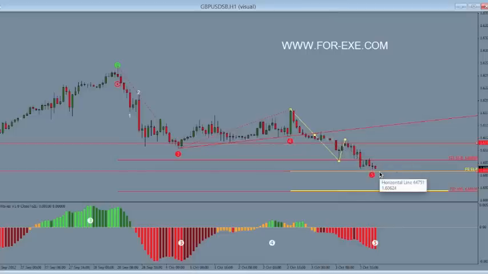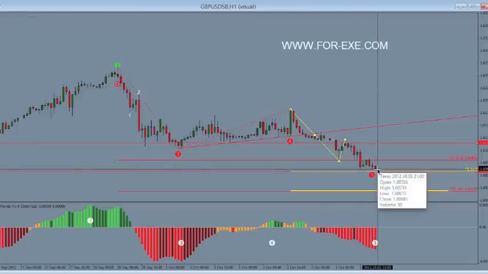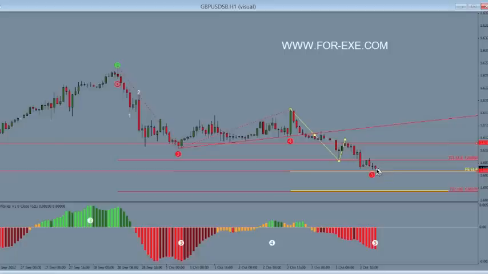And pretty damn close to our target. I wouldn't quibble about a few pips at this time of day. 4 or 5 pips in there. So be looking to make an exit right about now and call it a day. So that is pretty much an example of how to trade